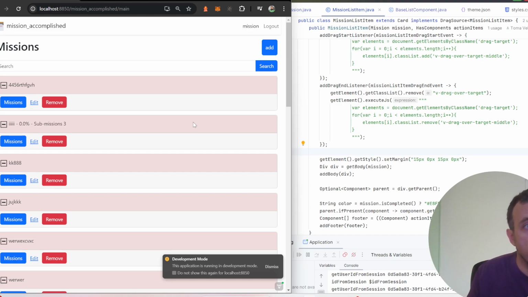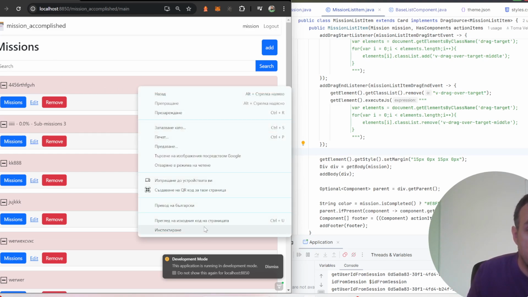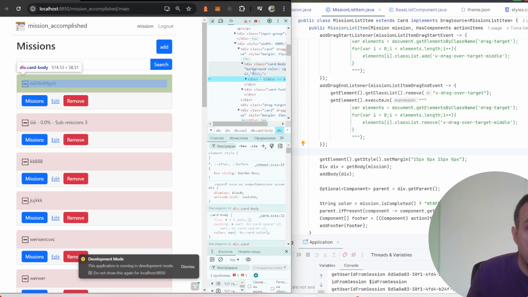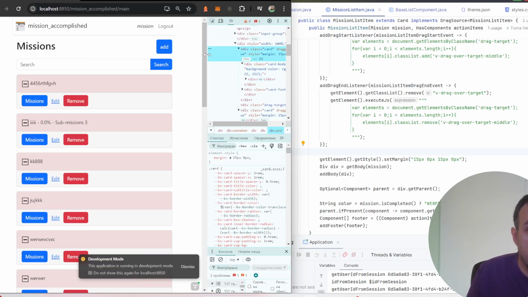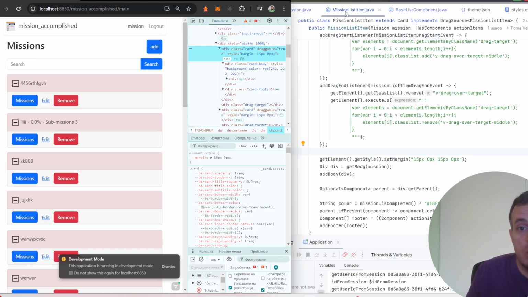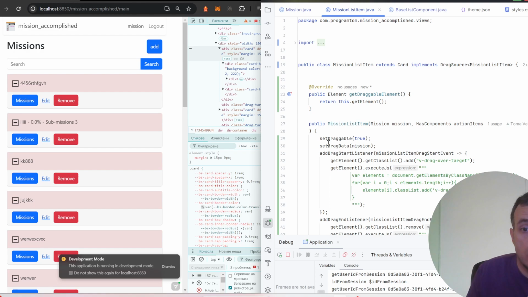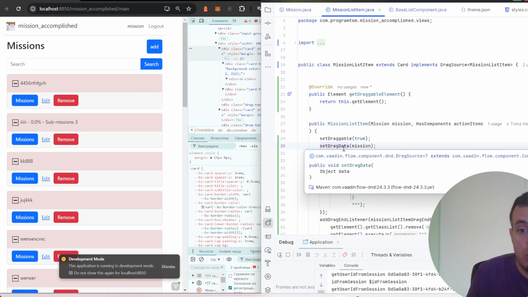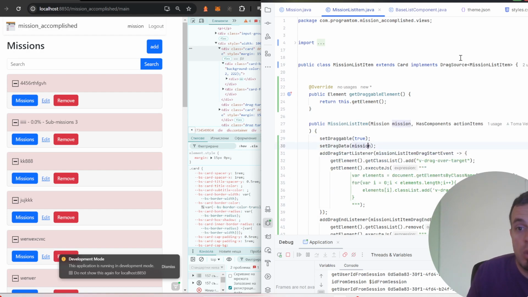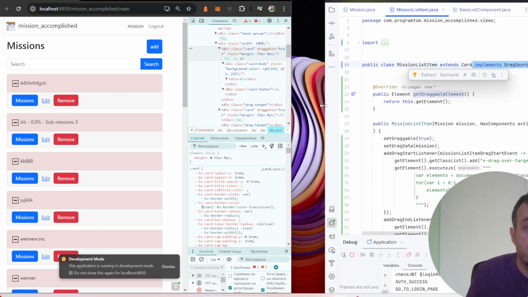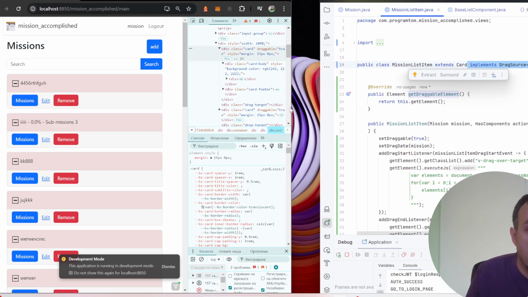drag and drop functionality needs several flags and listeners. So these elements, these rows are marked as draggable. This is the mission list item. So these items are draggable, and I'm setting drag data, the mission. Yeah, it also requires implementing draggable. And basically, when drag starts,